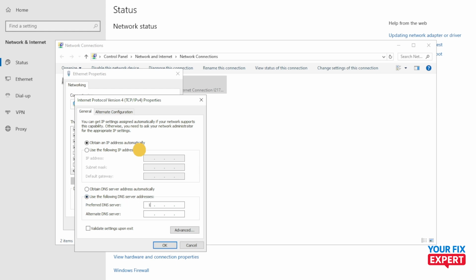And then from here you are going to type in 1.1.1.1 in the preferred DNS box and then 1.0.0.1 in the alternate DNS server. Now click OK to save, and if you're also using IPv6, you can enter